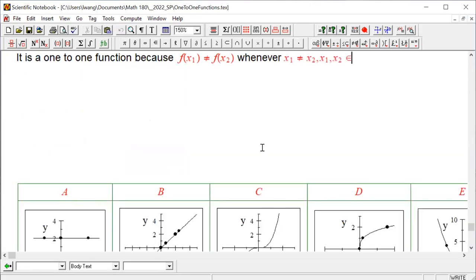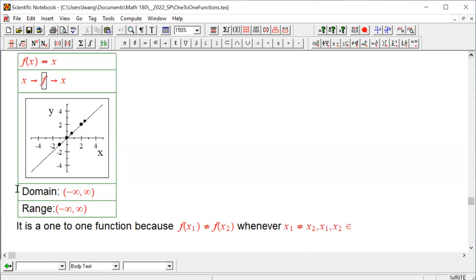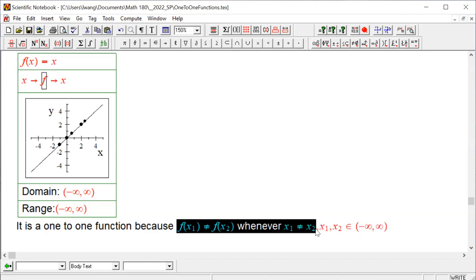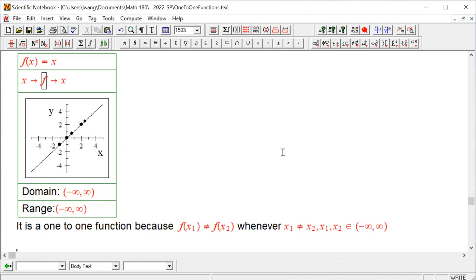Oh, sorry. Are from the domain. Okay, the domain is here. That's enough. But you make sure that the description you made is true for this particular function, right? So when x1 and x2 are not the same, well, their outputs will not be the same. That's the easy case. And next,